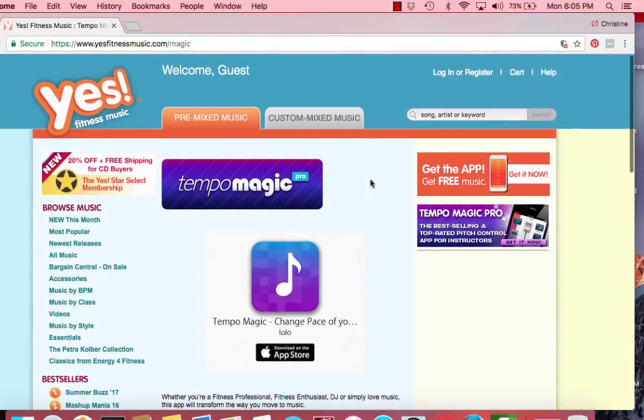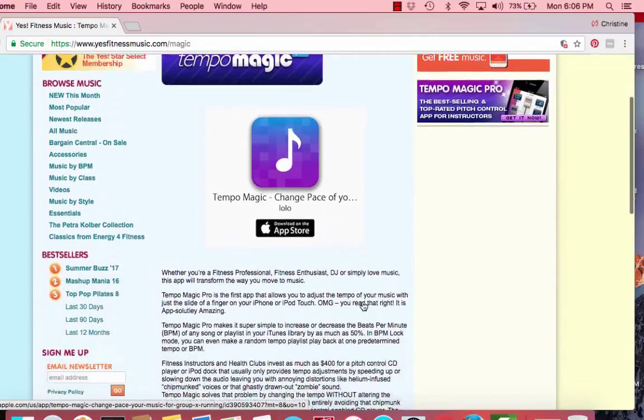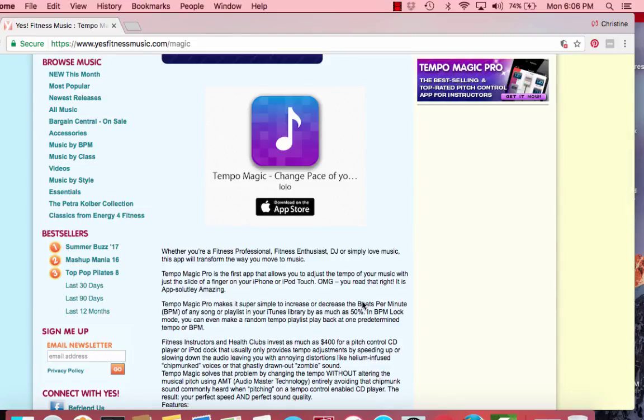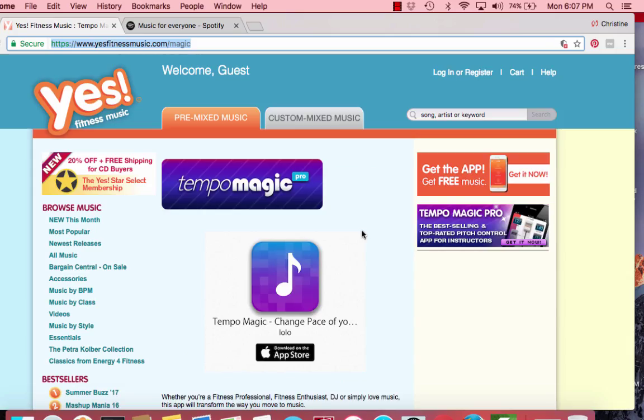So again, you can go with the subscription plan through Yes, or you can just pay $5 for the app and use the music that you download in iTunes or songs that you already have in your library to make custom tempos. So this is always changing. There's always new resources available, but for now, I'm really enjoying Tempo Magic along with iTunes,